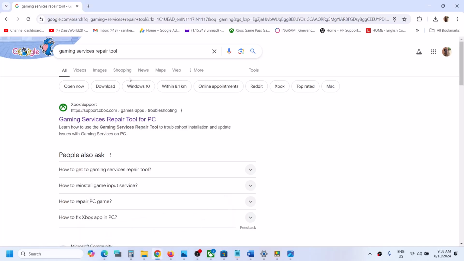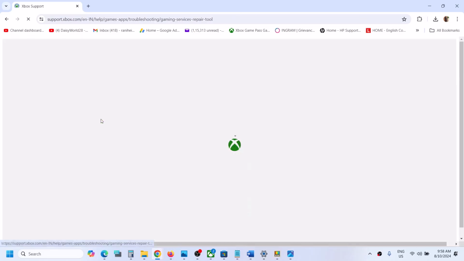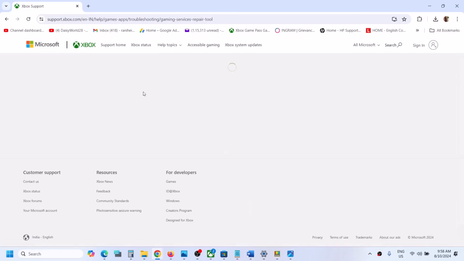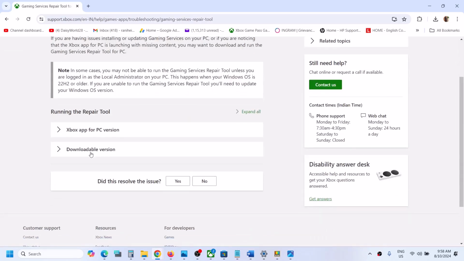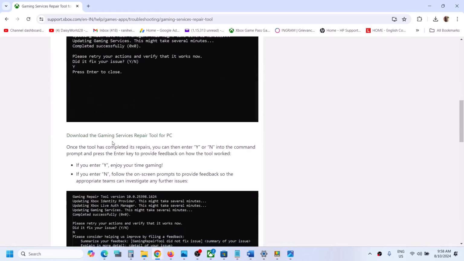In that case, you can go to Google. In Google you can type in Gaming Services Repair Tool and then go to Microsoft website which says Xbox Support Gaming Services Repair Tool for PC. Now on this website you will see downloadable version. Click on it and then scroll down, click on download the Gaming Services Repair Tool for PC, and once the download is complete you can run this exe file